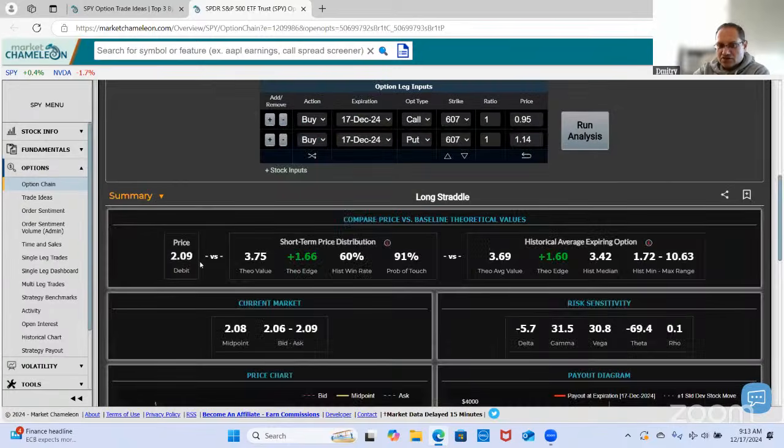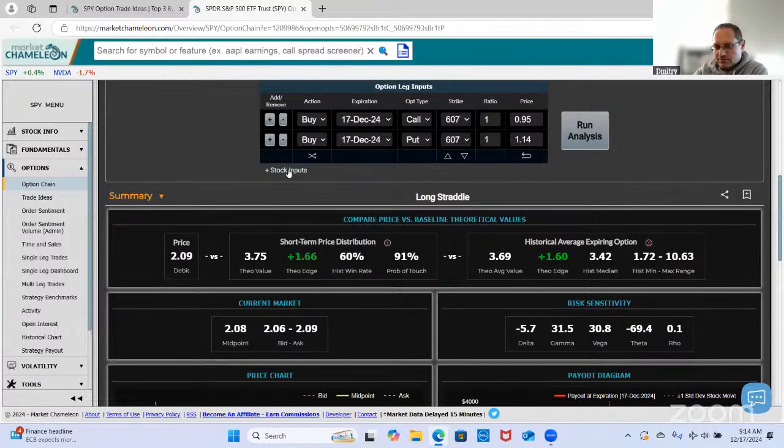Okay, and now we have this 209. That's what it costs us. You can see theoretical value, 375. So it's running a little bit different numbers. Now it's updating to today. So it's taking the last observation out, putting in a new one. But still a pretty big theoretical edge, $66. Here, the historical win rate's shown us